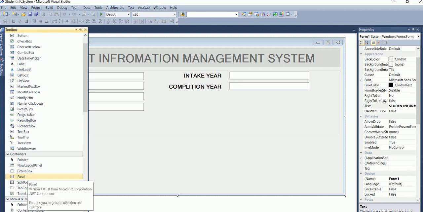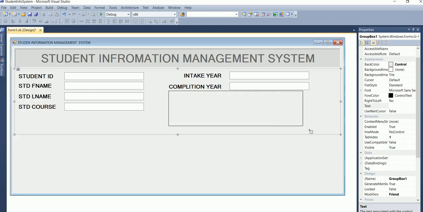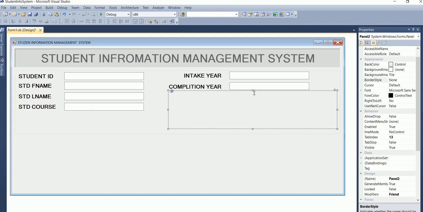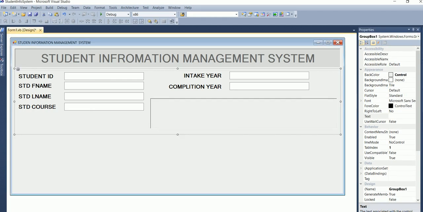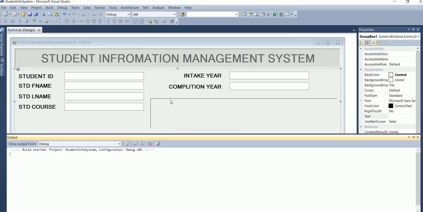We may use one known as a panel again around there. So you may just frame it somewhere there like that. Give assumption if that's what you want. You can always just frame it like that. Then you can go to border style and take the one on 3D so that you can get something so colorful like that. So if you try to run the system at the moment,